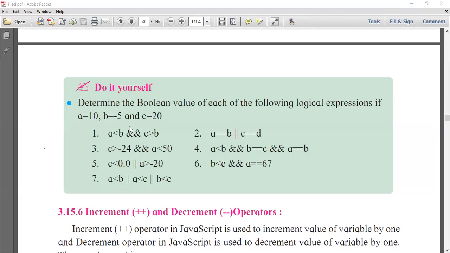You have to solve the first expression. This is your first expression, a less than b && c greater than b. This depends on what was studied in the last session. What will be the result? Nobody is giving an answer.